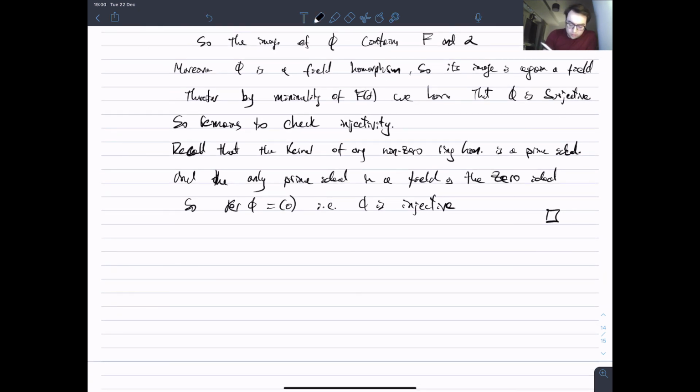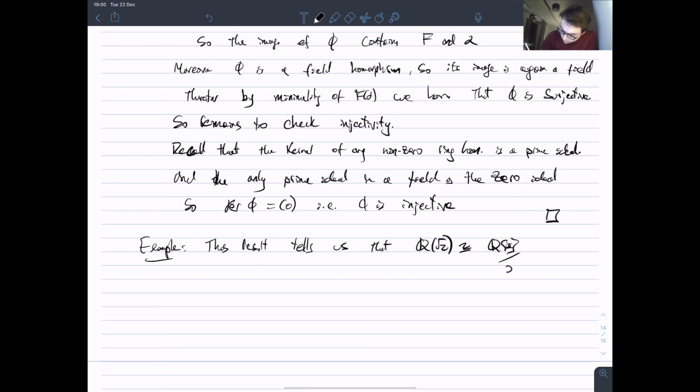So here's an example of why this is useful. This result tells us, as we saw before, that Q(root 2) is isomorphic to Q[x] modulo the ideal generated by x squared minus 2,